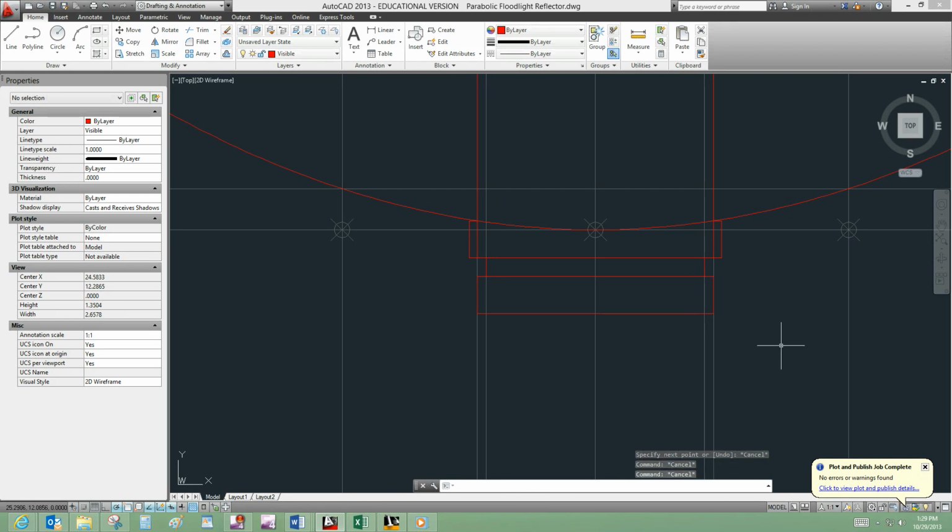Okay, and then offset, let's see, again by 0.06, and again that diameter is 0.7. So trim,